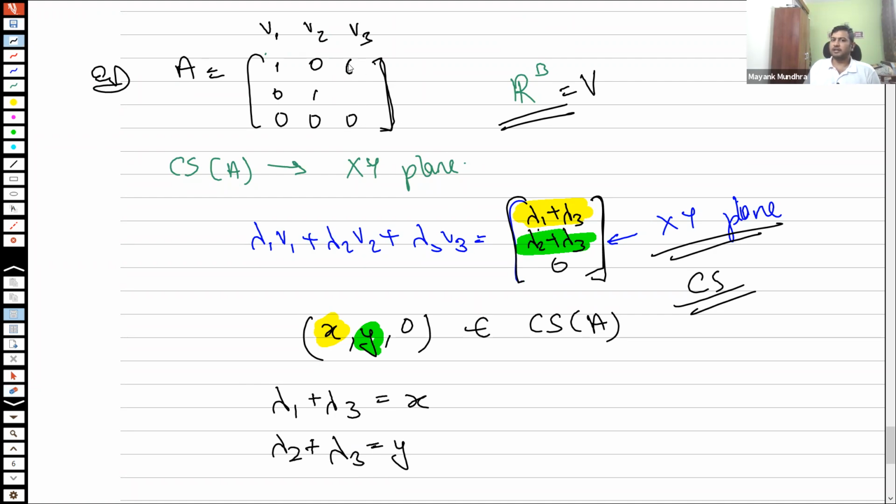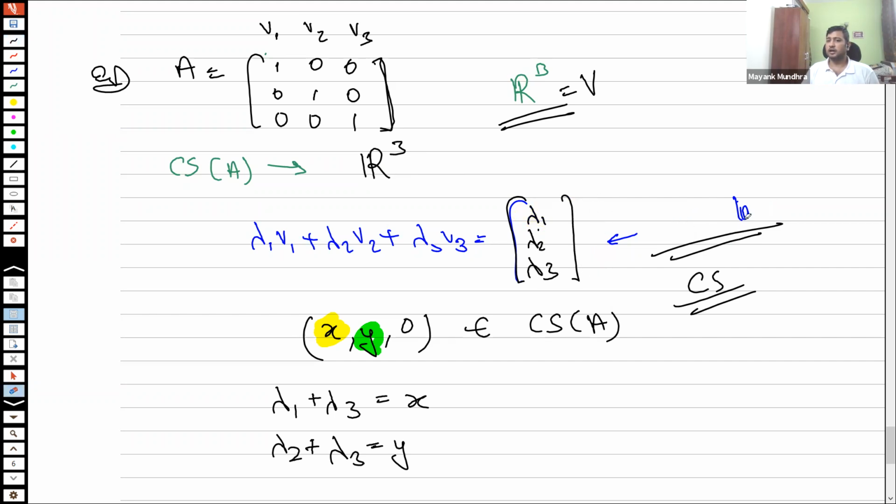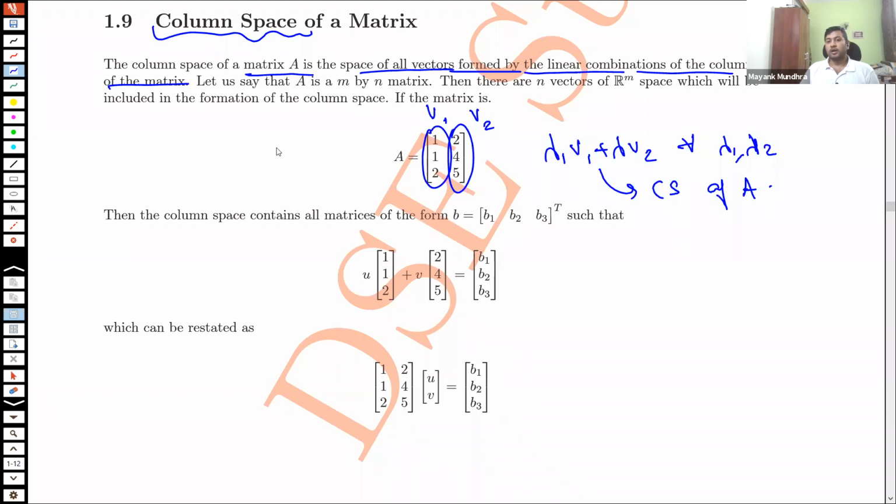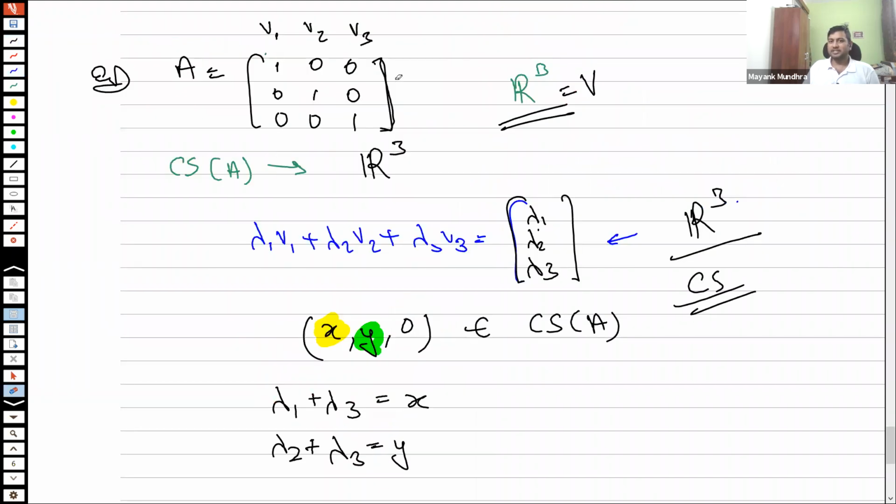But if I take v3 vector as 0 0 1, then the column space becomes the entire R cube. Now this is going to be lambda 1, lambda 2, lambda 3, which is entire R cube. So the column space becomes entire R cube. So the column space will depend on what these vectors are going to be. All right. But one thing is certain,